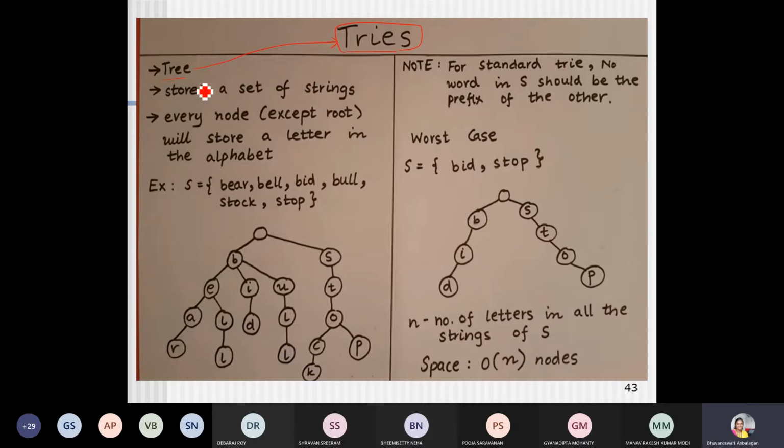So how to create the trie? It will store a set of strings in the form of a tree, but here we will not call it a tree, we will call it a trie. It stores the whole set of strings as an initial level trie, and based on that we can create a compressed trie, so that you can easily search for a pattern.